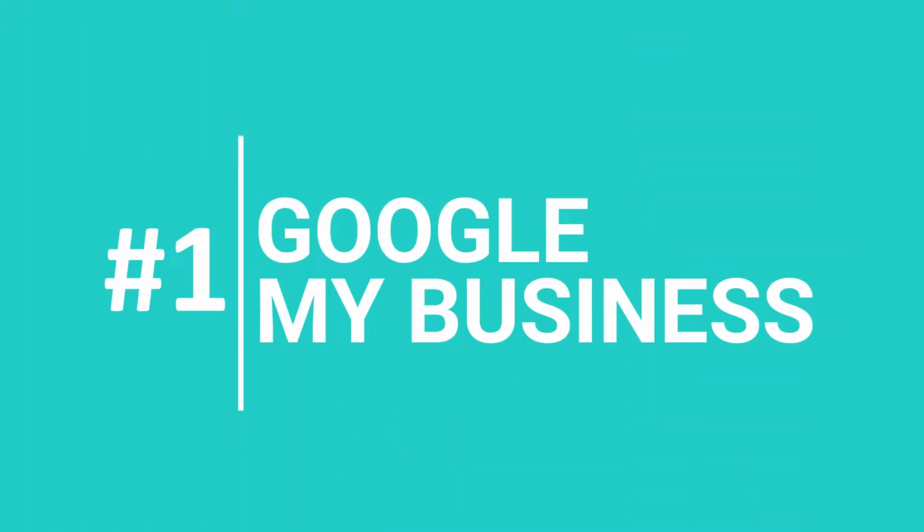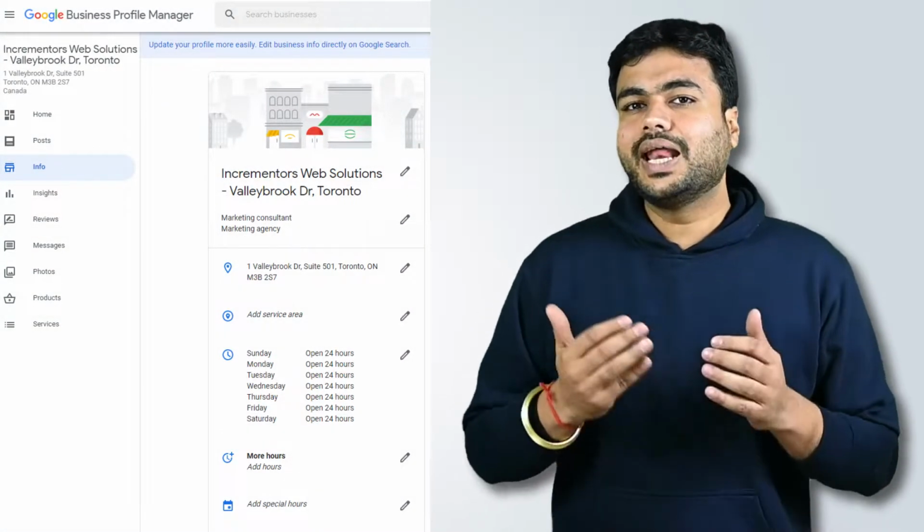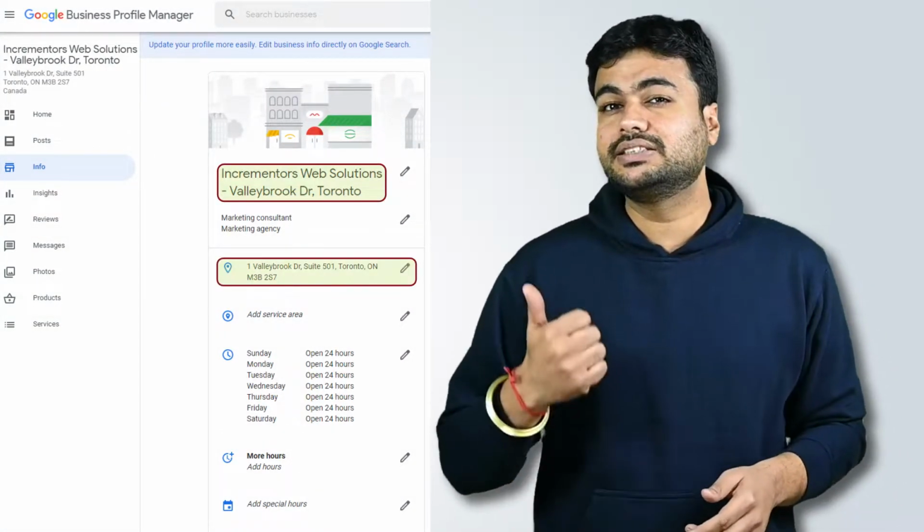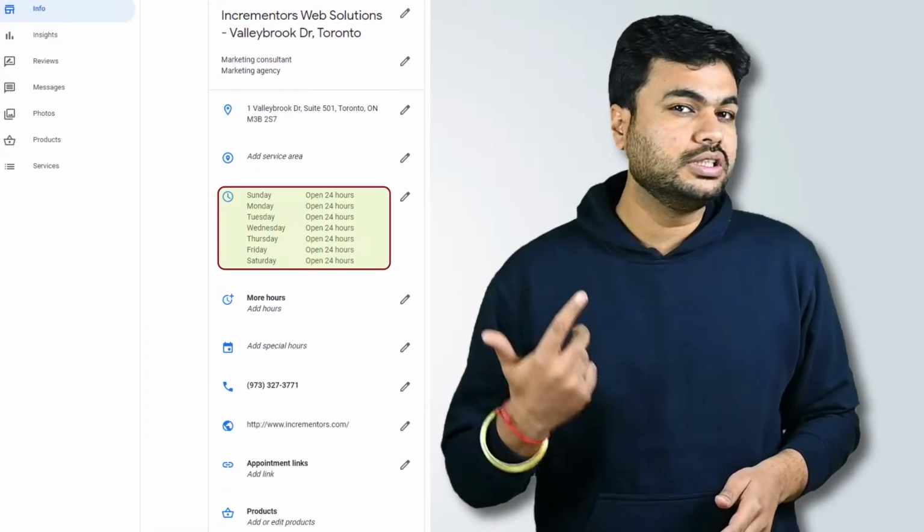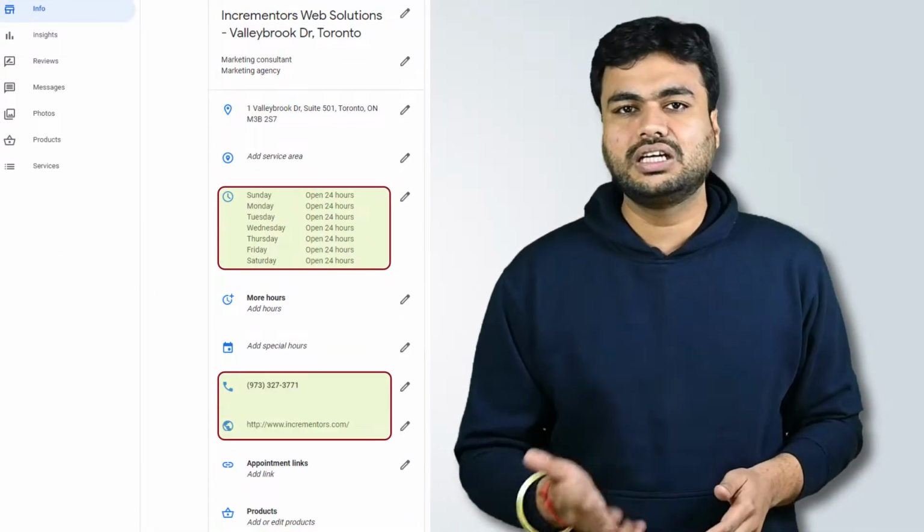Now, let us discuss how to make the best of hyperlocal SEO. Google My Business. The first and foremost thing you have to make sure of is to have a Google My Business page. By signing up to Google My Business, you can tell Google directly the name of your business, the exact location, its opening and closing time, contact details, and other elements.